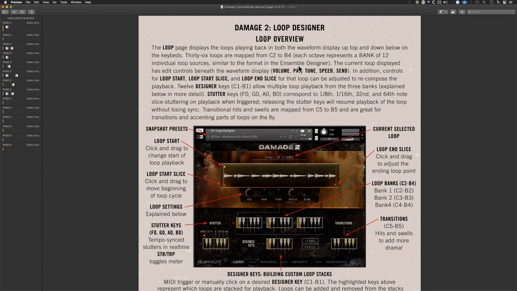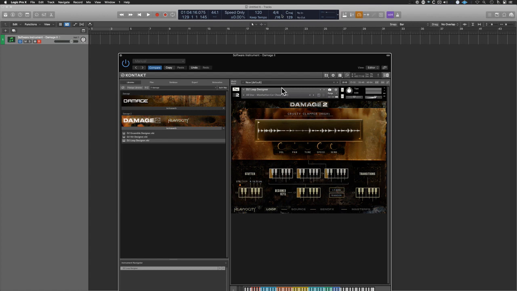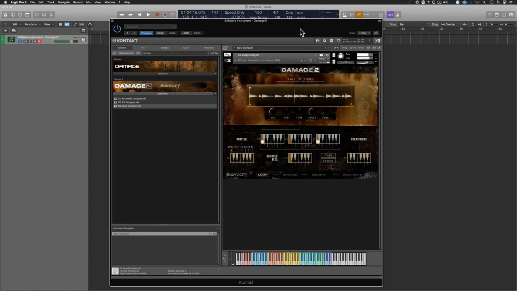All right, so that's that, and then you have the 12 designer keys, which allow for multiple. Okay, so let's go to C1. Hold on, right here. Okay, so what's happening is it's playing every single bank in unison. So it's playing all the octaves. So you can see here in the bottom, right? As soon as I hit one loop playback key,